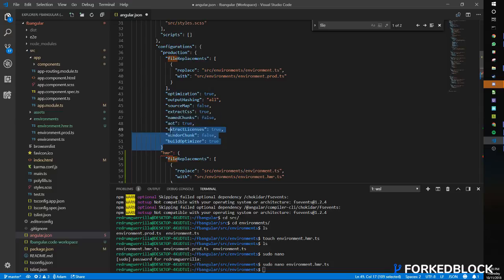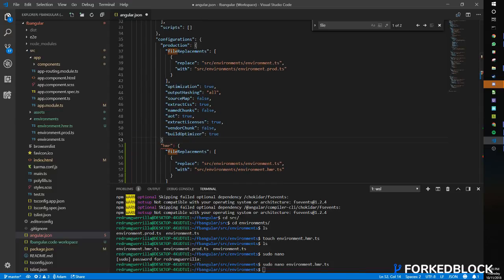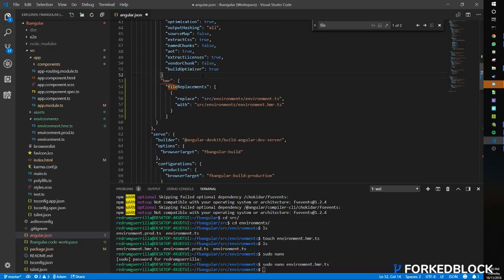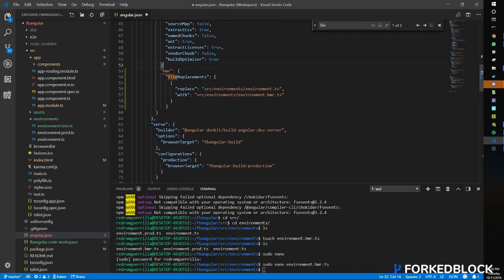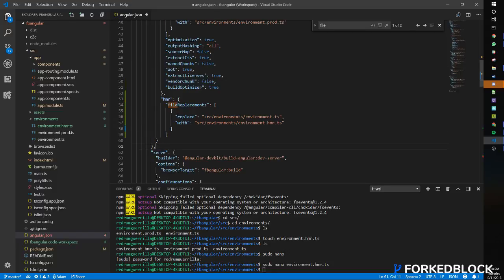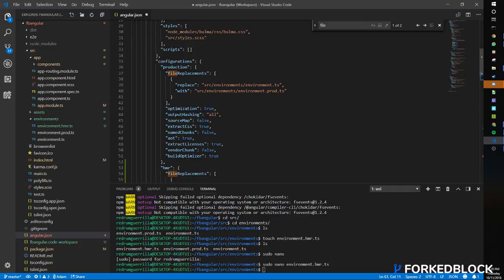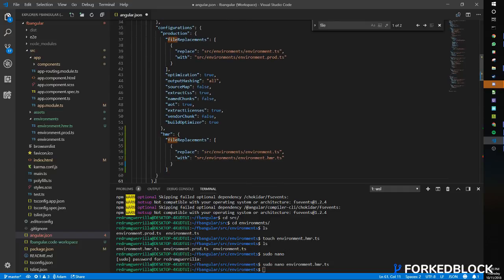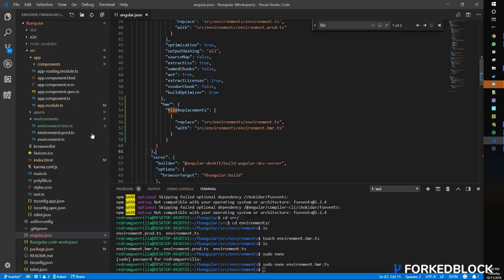I'm trying to figure out exactly where the HMR object goes. I believe it goes there, but I'm just double checking. I think it's the comma that's throwing the flag there. I didn't even notice that. Okay, closed, closed, closed. Okay. All right. Now that we have that,